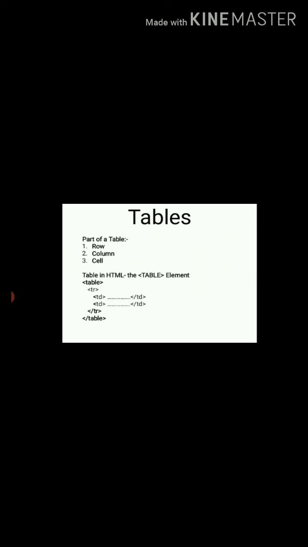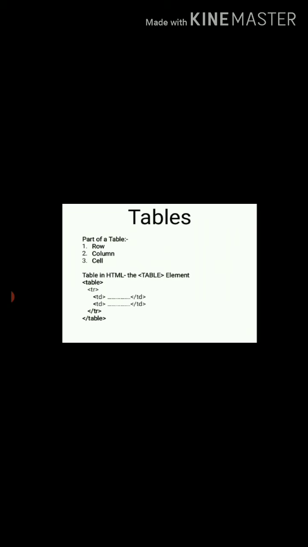The structure of table elements is like this: table tag open and table tag close. Inside the table tag, TR denotes the table row, then TD, table data.